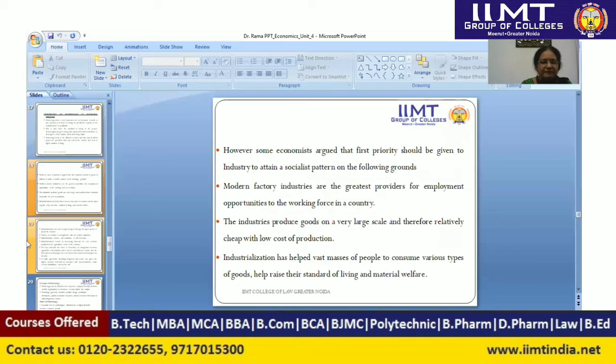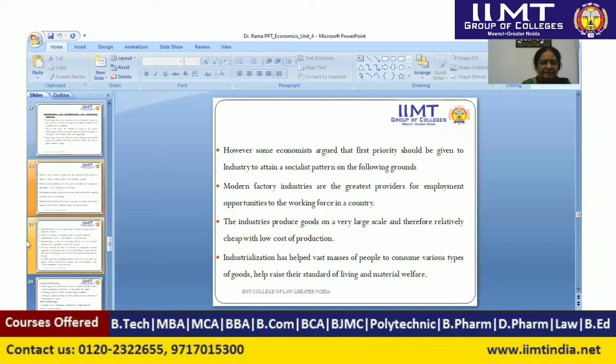Next is, however, some economists argue that first priority should be given to industry to attain a socialist pattern on the following grounds. Modern factory industries are the greatest providers of employment opportunities to the working force in a country, and industries produce goods on a very large scale and therefore relatively cheap, with low cost of production. And industrialization has helped vast masses of people to consume various types of goods, helping raise their standard of living